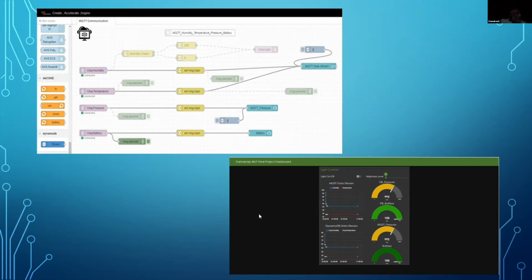And once we get this data, we pass this on to something called a change node, which we use to manipulate the data we received, use only the ones which we would like to consume and let go of the others which we don't need at that particular point. From the change node, we pass that information onto a function node. In the function node, it allows you to write a function programmatically. We use JavaScript here.